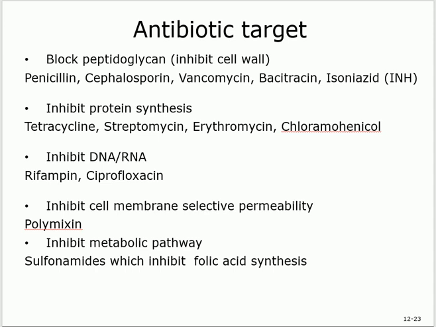For protein synthesis, just remember those four. In the other slide, it was more than that, like 8 or 9. But if you remember those, these are the most famous ones. Tetracycline, streptomycin, erythromycin, chloramphenicol. They inhibit protein synthesis, and that's good enough. And can you tell them the mechanism? How does it stop protein synthesis? Working on which part of the cell?